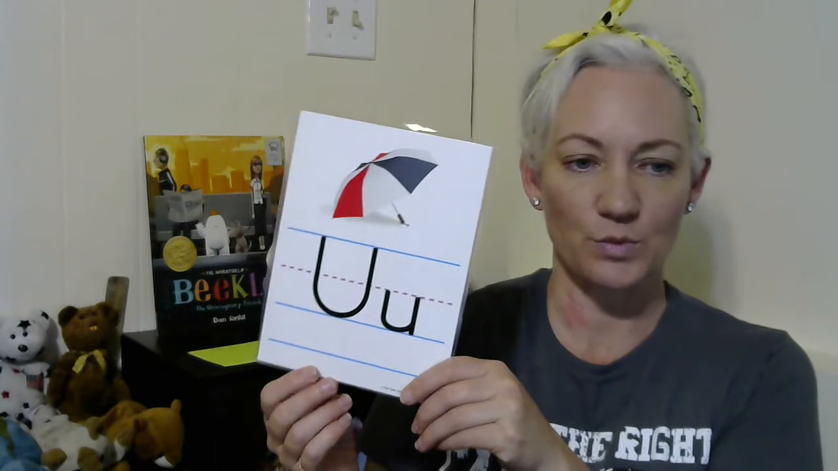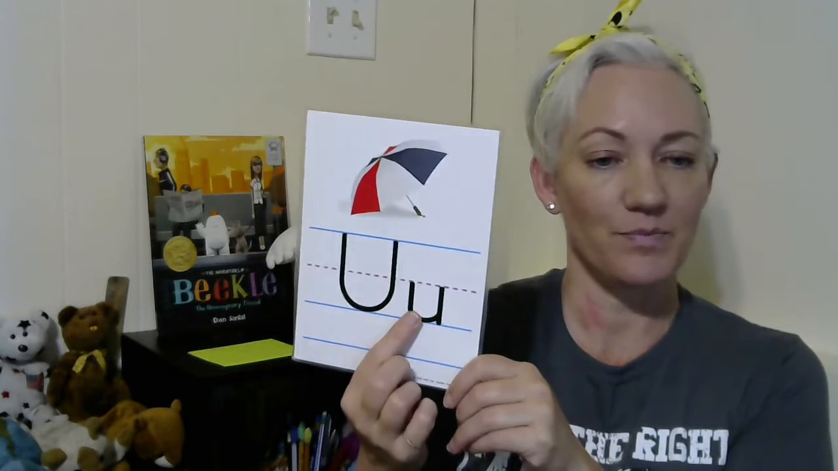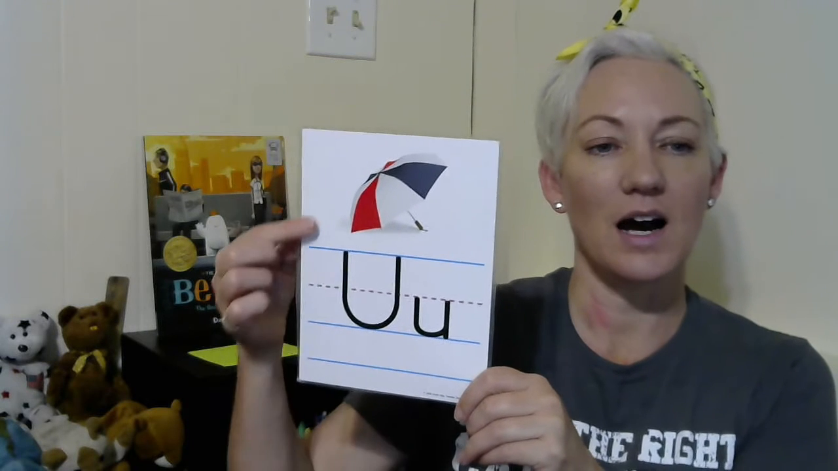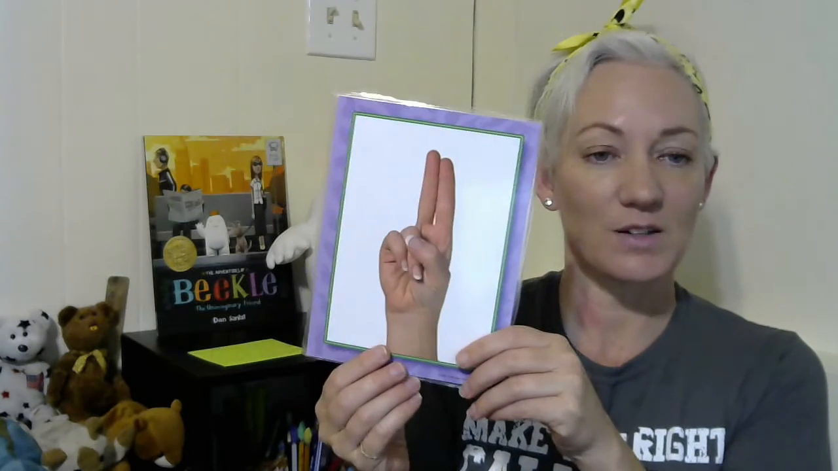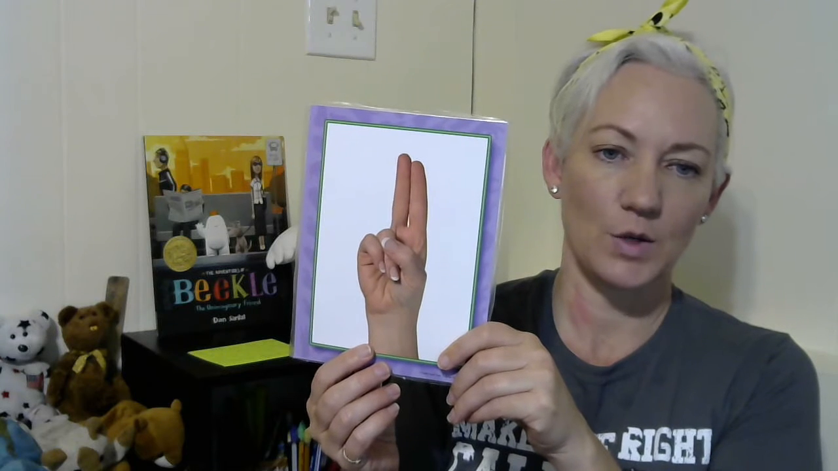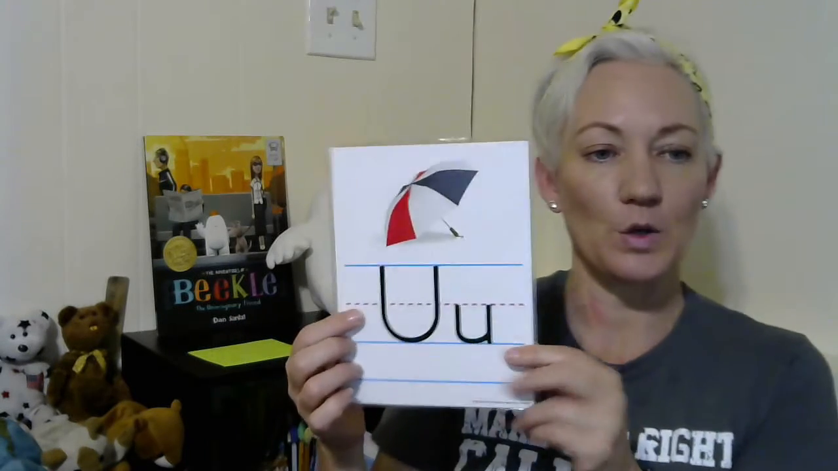This here is the letter U. It's a capital letter U, so it's the uppercase, and a lowercase letter U. It says like umbrella. And there's the letter U in sign language. Super easy to make. You all can do that. Right? You should put your 2 fingers up. And I'm doing the letter U because